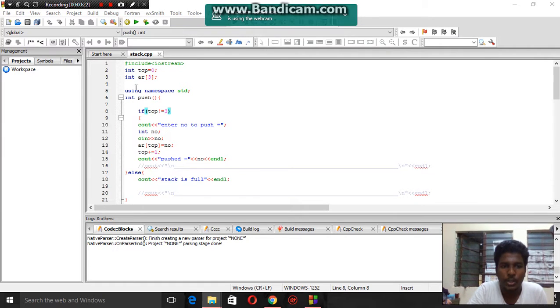First we are going to declare a variable called top with a 0 and an array named AR with a size of 3. We are now first using a function called push, which is used to push an element into the stack. First we are checking the condition that top is not equal to 3. Once the top is not equal to 3, which means the stack is not full and we can enter an element into the stack,